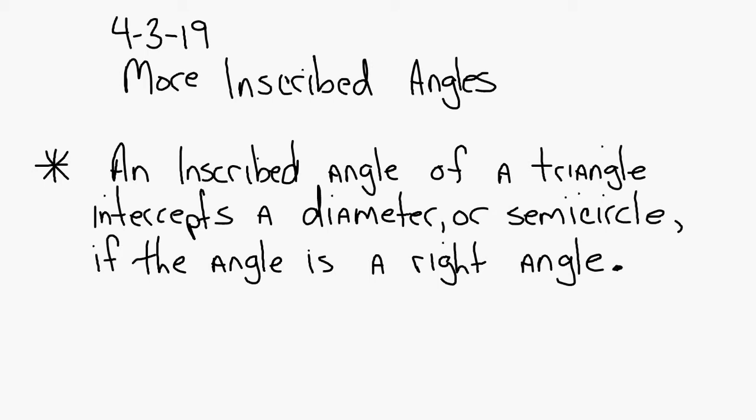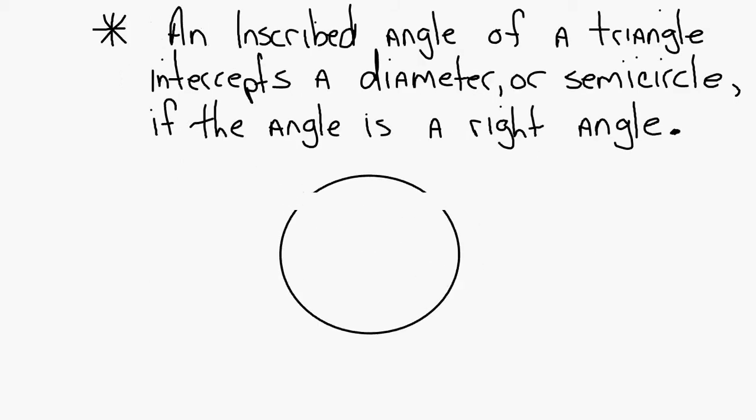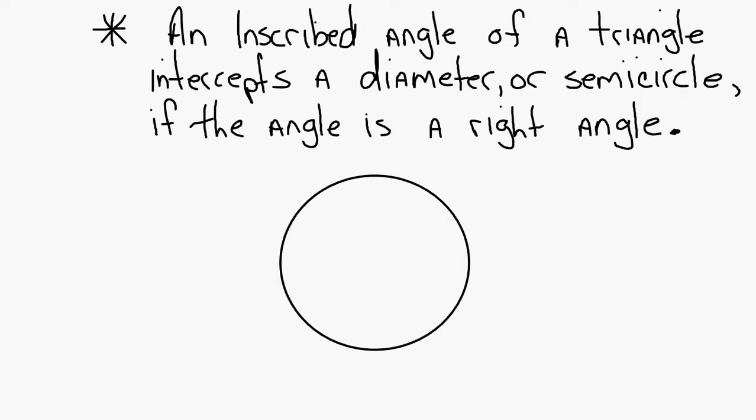So here's what that looks like in a picture. If you've got a circle, and let's put a diameter in this circle, a chord that goes through the center. A chord that goes through the center is a diameter. An inscribed angle of a triangle intercepts a diameter or semicircle if the angle is a right angle. That means if this inscribed angle, this red angle,